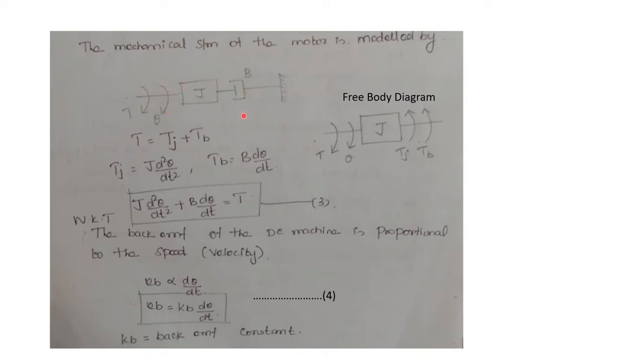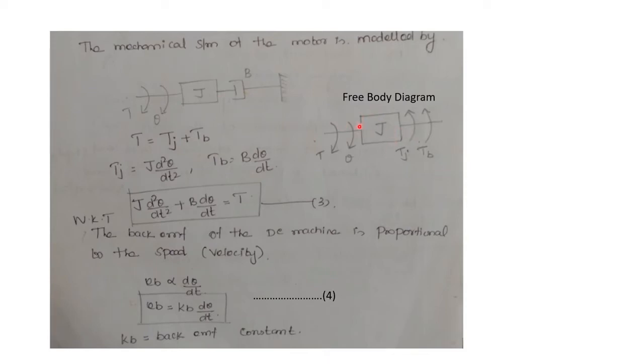Okay, to analyze this, we have to draw the free body diagram. Okay, so here there will be a single mass, that is the moment of inertia of mass. So correspondingly we are having a single free body diagram. If we are having two masses, correspondingly here we have to write two free body diagrams one by one. Okay, so now we are having a single moment of inertia of mass, correspondingly we will be having a single